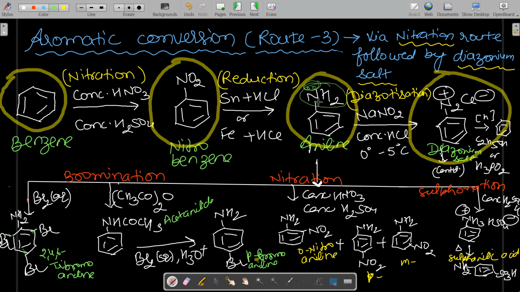So how can it be less active? Obviously, it can be made less active by attaching some deactivating group. So what is this deactivating group? This acetyl group. When the NH2 group is protected by this acetyl group by an acetylation reaction, it is called acetanilide. This acetyl group is deactivating in nature, meaning it withdraws the lone pair towards itself due to resonance.